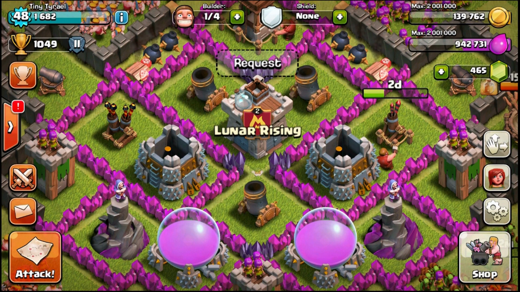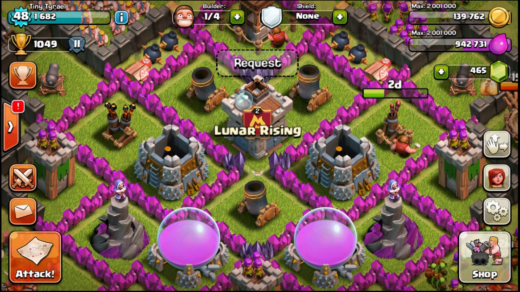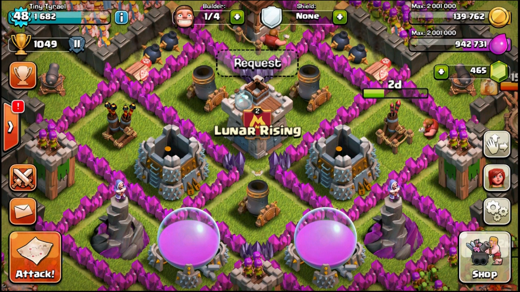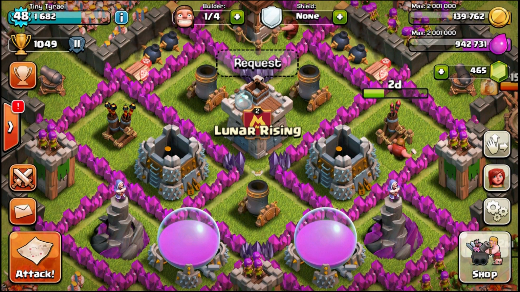He is farming around Silver 2. It's a little bit low. I kind of want to get my trophies up. My trophies are a little too low. I'd like to be maybe Silver 1, Gold 3 for farming, but I do also need to push a little bit. I really want to get my 5th builder, but that's going to take a while to get another